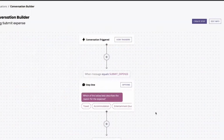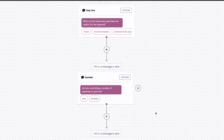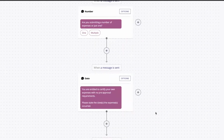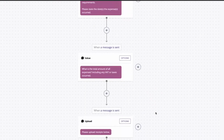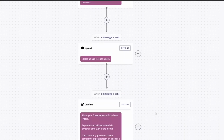As long as you've got a flexible conversation builder, like the one on my screen, ubisend, for example, you'll be able to match your internal processes exactly. So when you have remote staff and you're building a chatbot to support them, whether it's guiding them through expenses or sickness, or even something more complex, such as ordering new equipment, you're going to be able to replicate the exact process